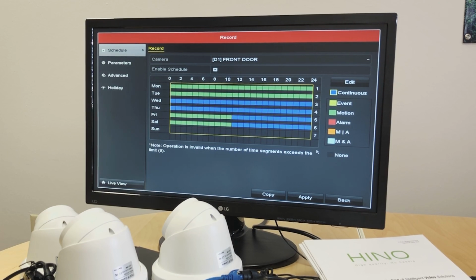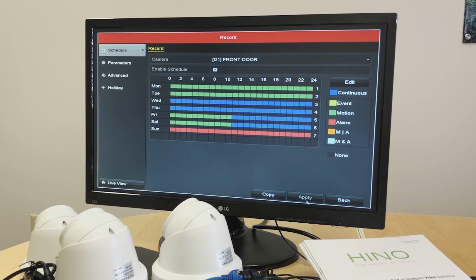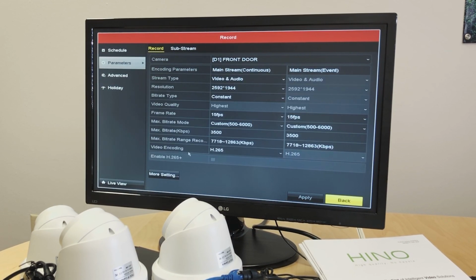So we have the option to, I want to do alarm recording on Saturday. So we have various options on how we want to schedule. Now apply. The second option on the left is parameters, and this is where